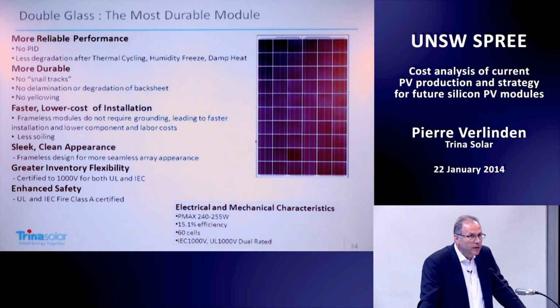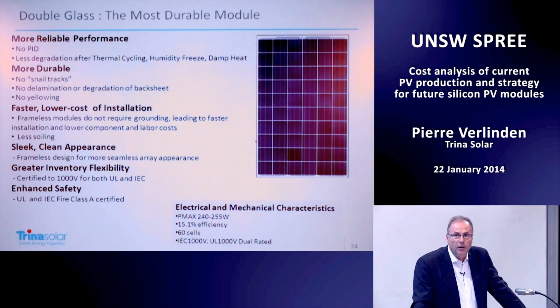Increasing the durability and increasing the reliability and reducing the degradation per year is extremely important also to improve LCOE. And that is done, in this case, with using double glass module. Double glass modules are extremely reliable, much more reliable than a module made with glass and backsheets, because backsheet is responsible for